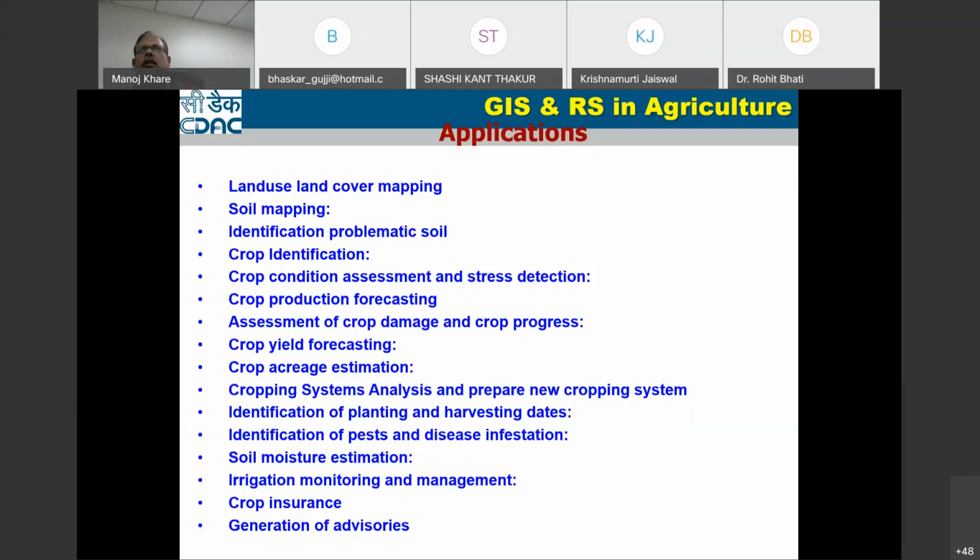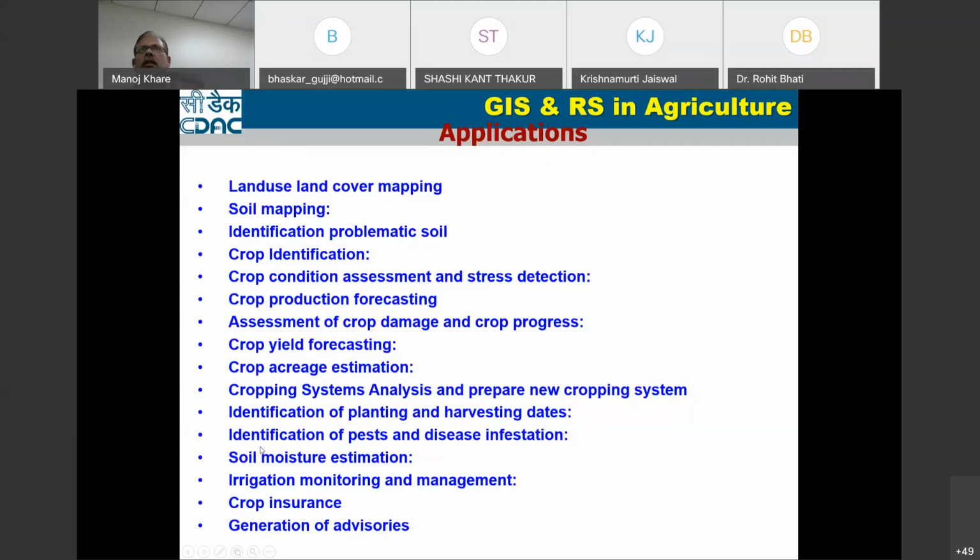Then identification of planting and harvesting dates. Based on the weather condition and soil and crop condition, we can suggest what the planting date or harvesting date would be.